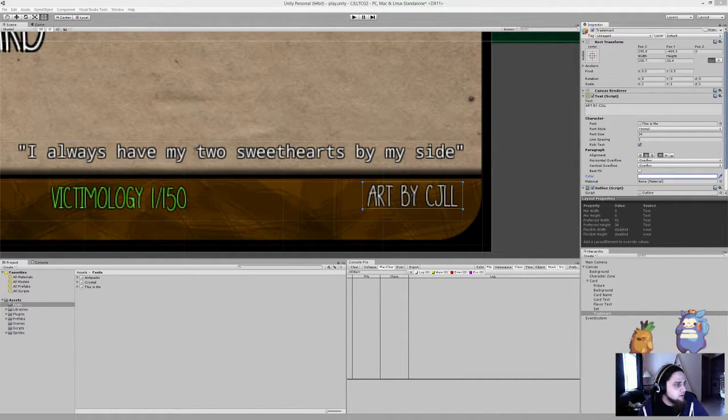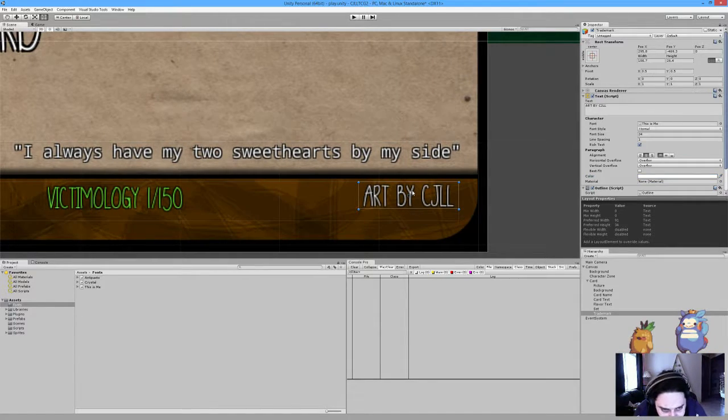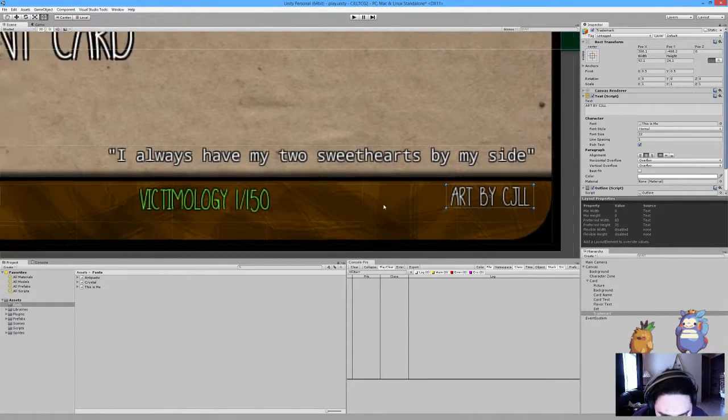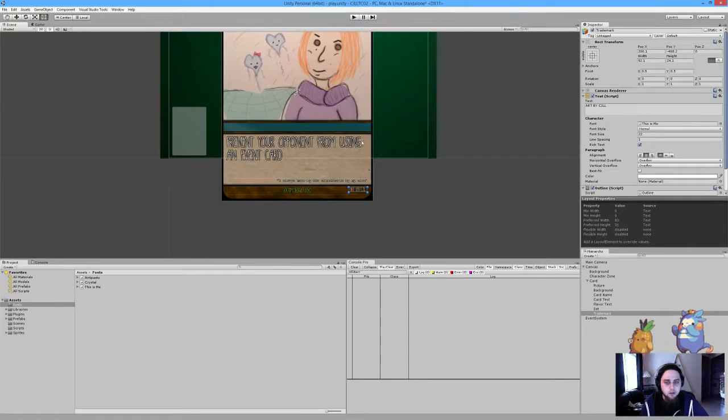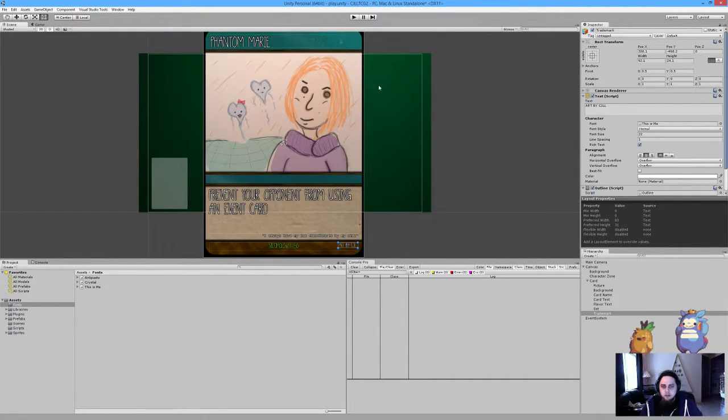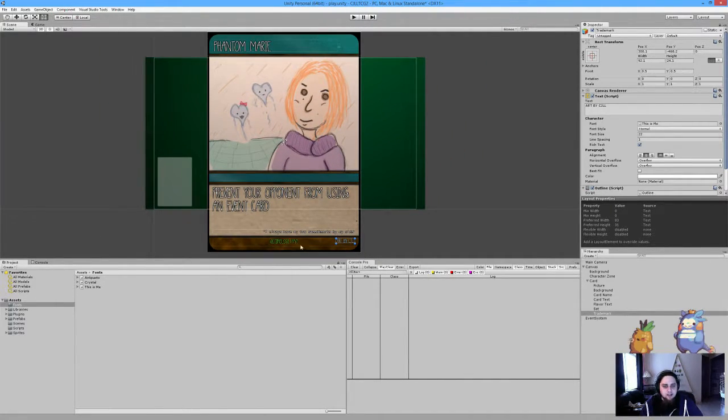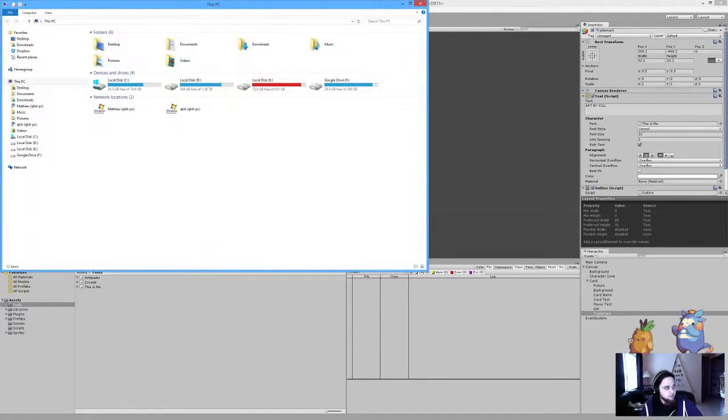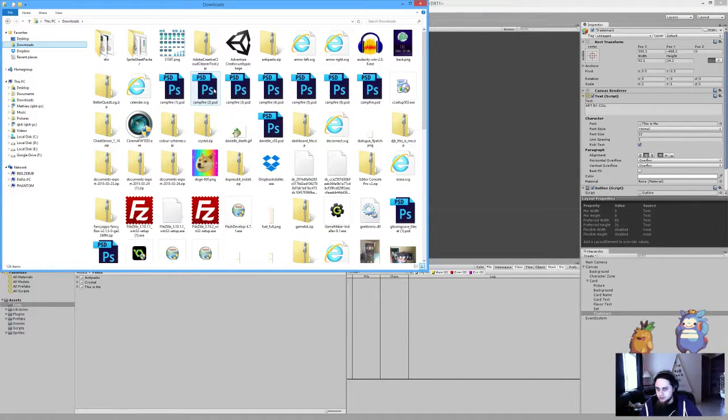Or did I close it? Oh, it's there. Oh no, it's about the same size. It's just a bit smaller, so let's do like 22. Or like we say in French, a 22. Alright, so like that. Alright, so we have a card, it's not too bad. But this text down there is not gonna be readable at all since it's too small, but what we can do to fix that, and actually I'm going to do it right now,